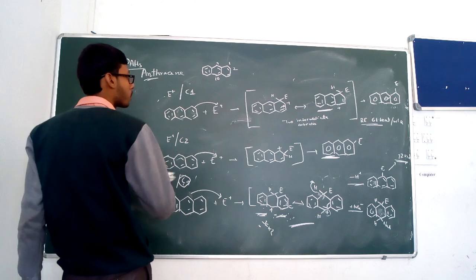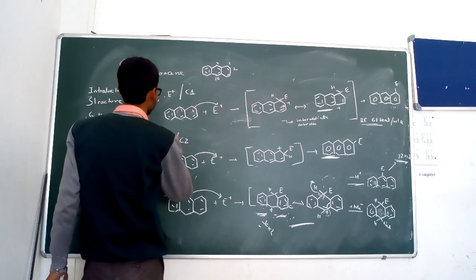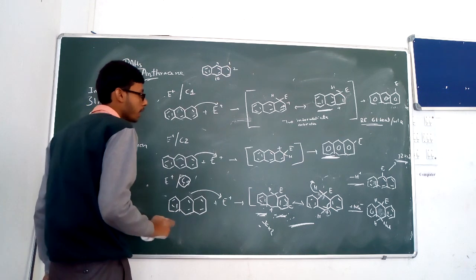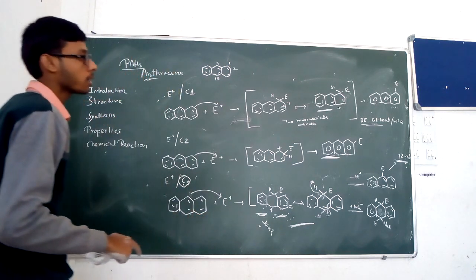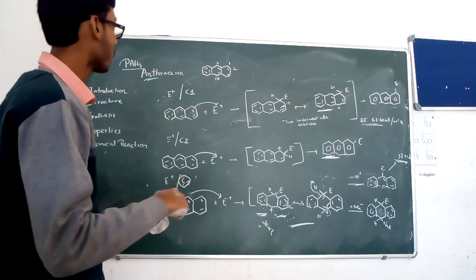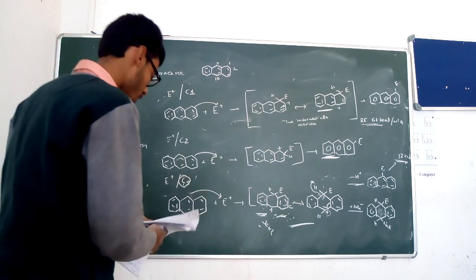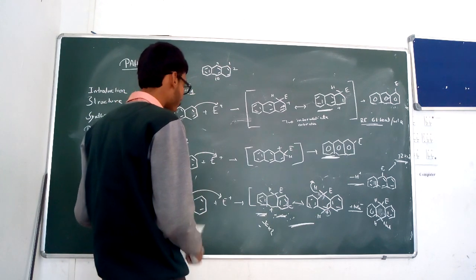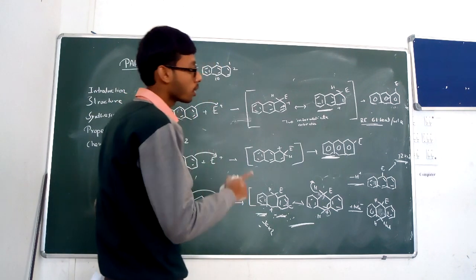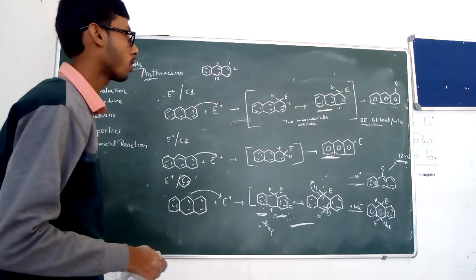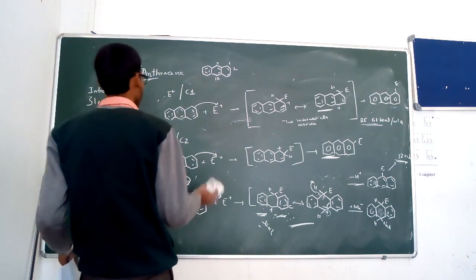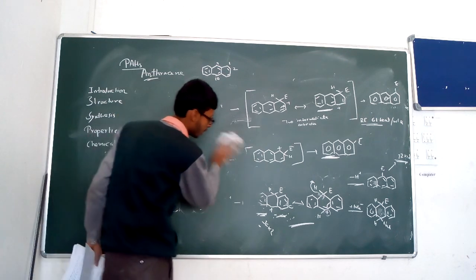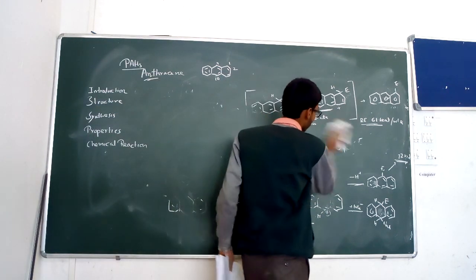On the basis of that, various reactions such as nitration and sulfonation occur. I repeat that normally C9 attack occurs, but in the case of sulfonation it occurs at the C1 and C2 position, and Friedel-Crafts acylation also occurs at the C9 position. Let's see the various examples, various chemical reactions, in that portion.